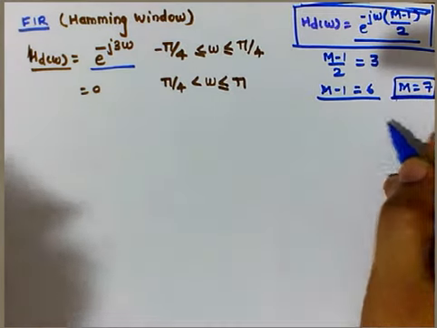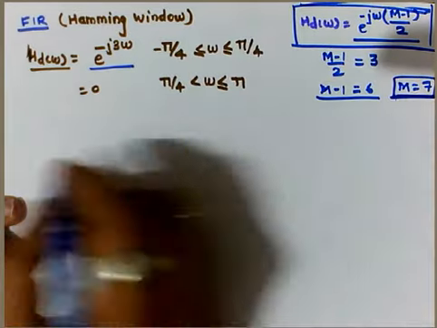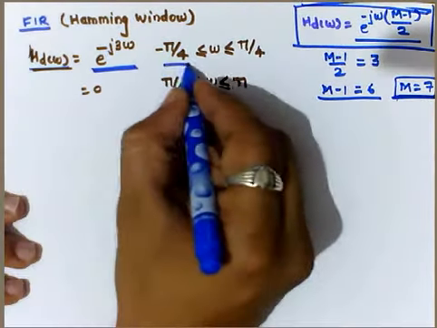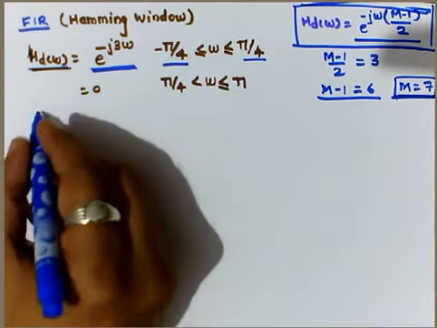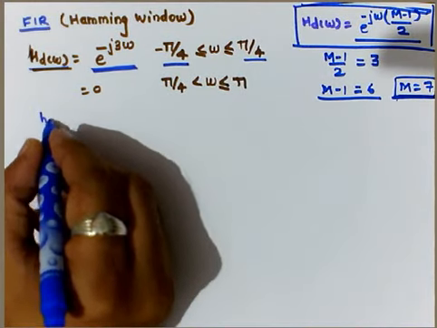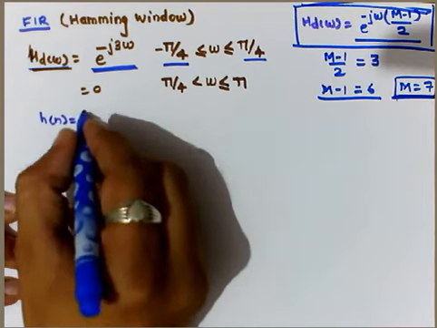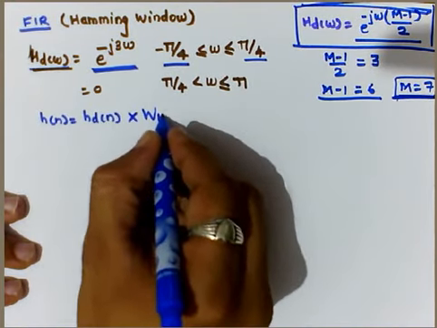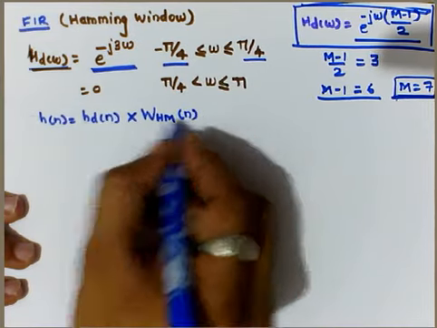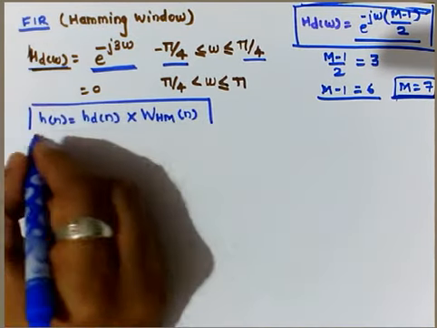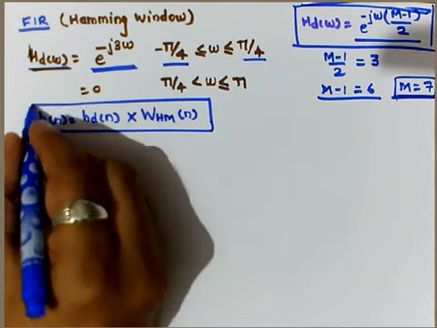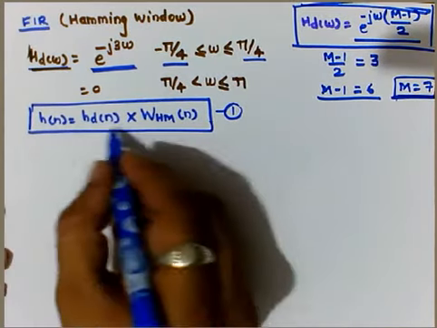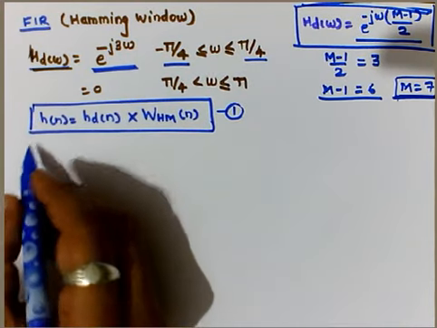So let's proceed. Once we have m and Hd of omega, and we know omega c, we can calculate this particular factor. h of n is equal to hd of n into, since it is asked with the Hamming window, the window function w_hm of n. If we call this equation number 1, then for this equation we need hd of n. So let's calculate hd of n,